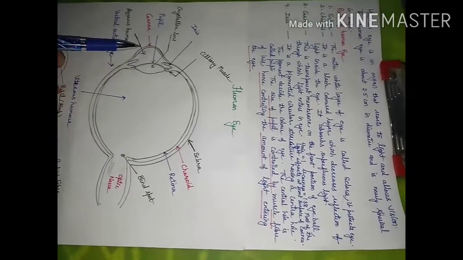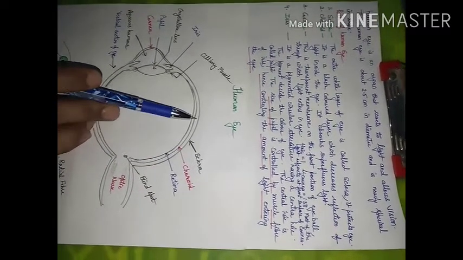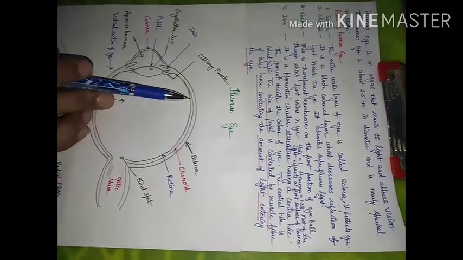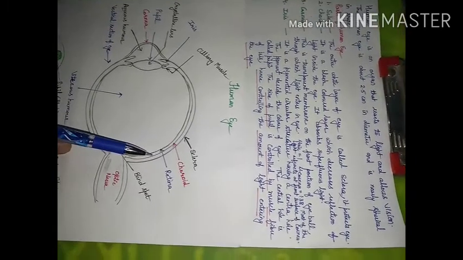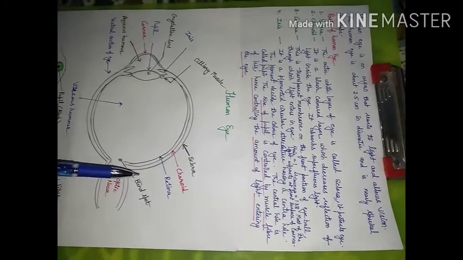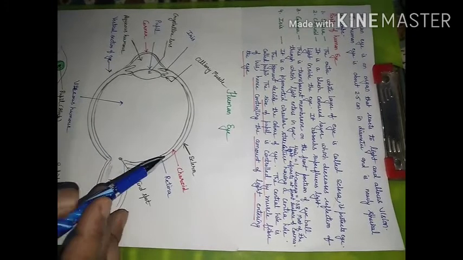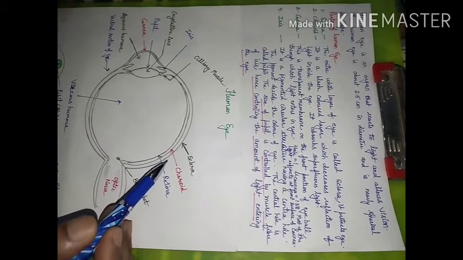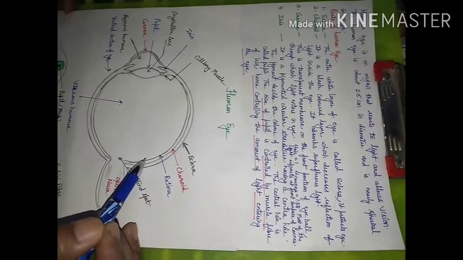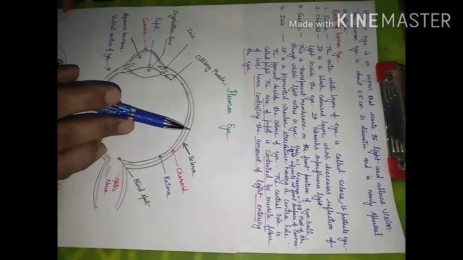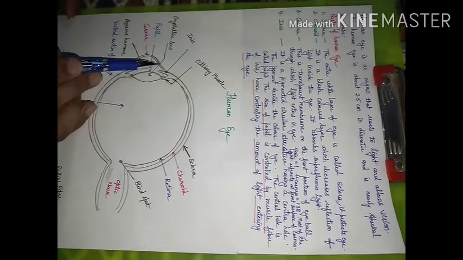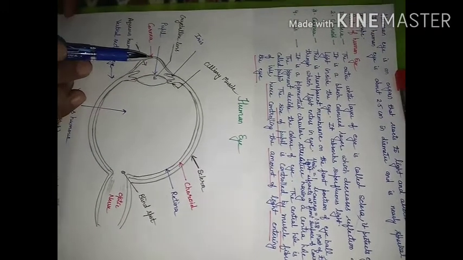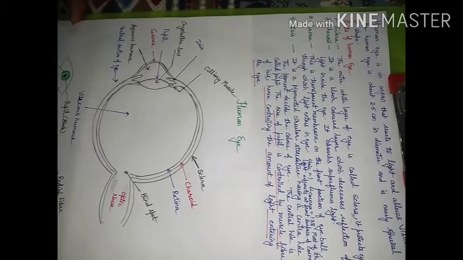So till now we have considered the sclera, the white layer that protects the eye, and the choroid, black in color, which absorbs the extra light entering the human eye and avoids reflection inside the eye. Next, if we extend the sclera, this front part is known as the cornea. It is transparent, and light falls on the cornea and then enters into our eye.